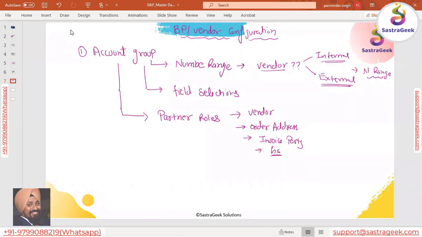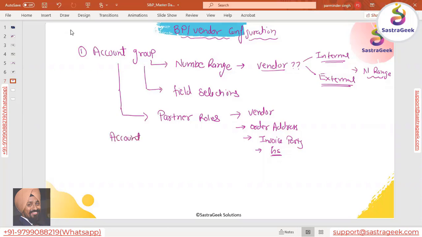So when you create a vendor in ECC, what is the first thing you need to select? Anyone who has worked on ECC? Yes, you select the account group, then your purchase organization.